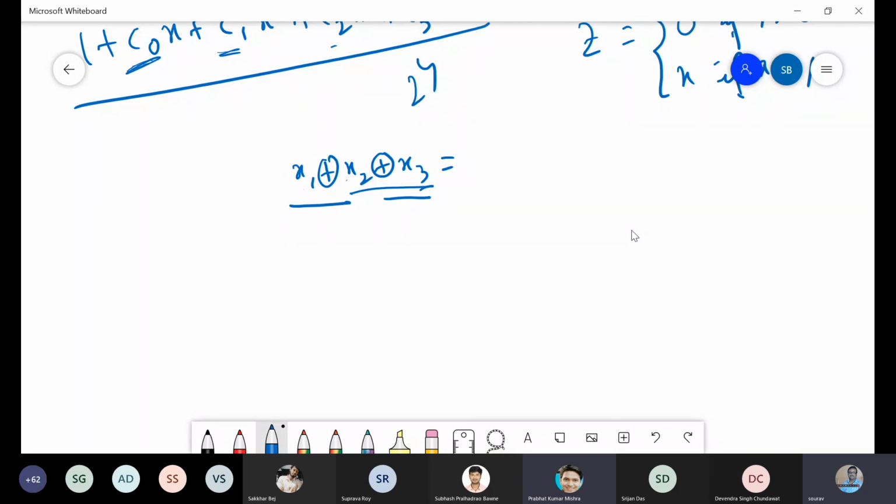What is the problem with the associativity? Sir, for example, if you take 0, 0, 1. If we XOR 0 and 1 first, it will give 1, and then XOR with 0 will give again 1. But if we XOR first 0 and 0, it will give 0, and then XOR with 1 will give 1. Sorry, I was making a mistake, sir. Okay, it is associative.